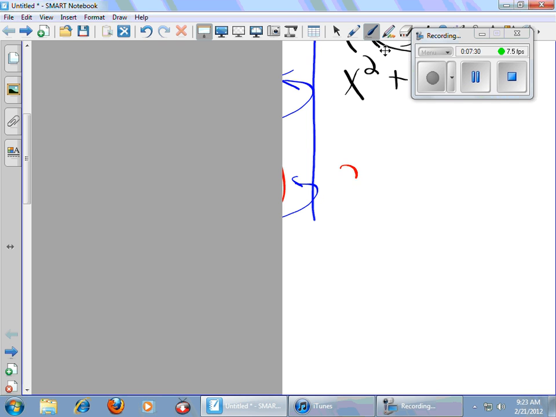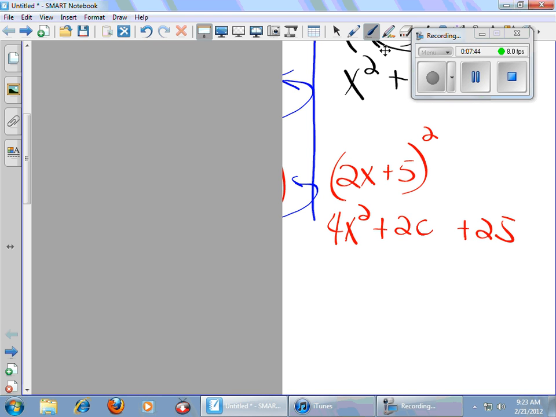Let's try another one here. Let's say I have 2x plus 5 quantity squared. Well, I'm going to get a 4x squared, right? It's going to end in 25. My outers will get me a 10x. My inners will get me a 10x. This will be plus 20x, right? Okay, so now,